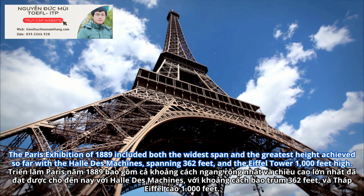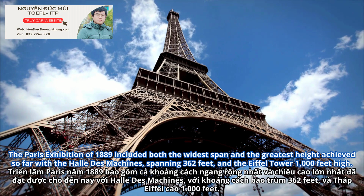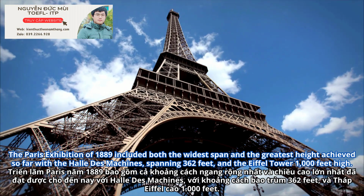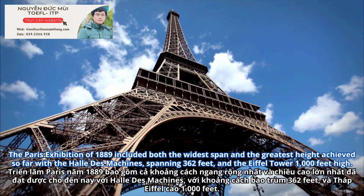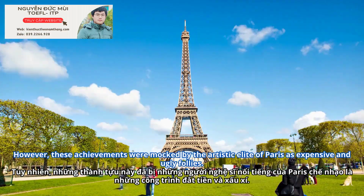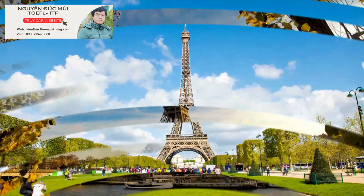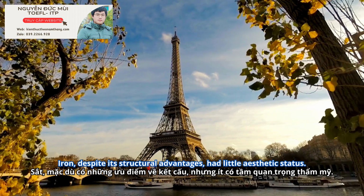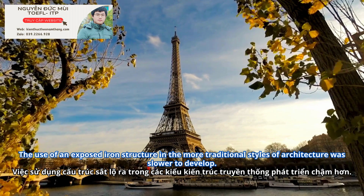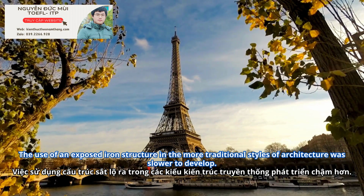The Paris exhibition included both the widest span and the greatest height achieved so far, with the Halle des Machines spanning 362 feet, and the Eiffel Tower 1,000 feet high. However, these achievements were mocked by the artistic elite of Paris as expensive and ugly follies. Iron, despite its structural advantages, had little aesthetic status. The use of an exposed iron structure in the more traditional styles of architecture was slower to develop,